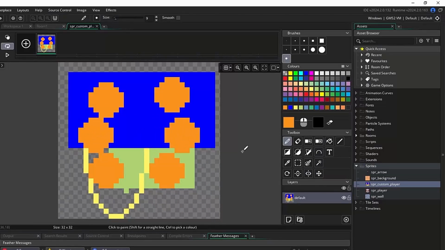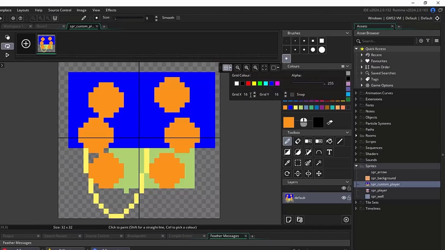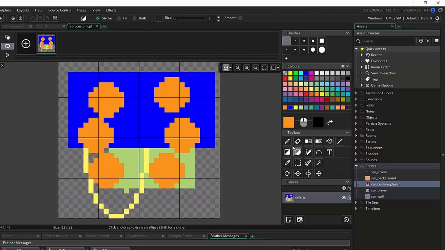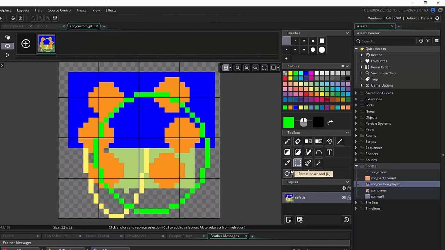And if you would like to make your sprites even more precise, in the top here, you can view the grid tool where, say, for this 32 by 32 grid, we can make it a 4 by 4 grid. Using the grid tool is very valuable for things such as making sure that any circles you draw are perfectly circular. So that way you're not working on a sprite for 20 minutes and then you realize you've actually made an uneven circle. I've made that mistake many times myself, but with the grid tool, that's not a problem